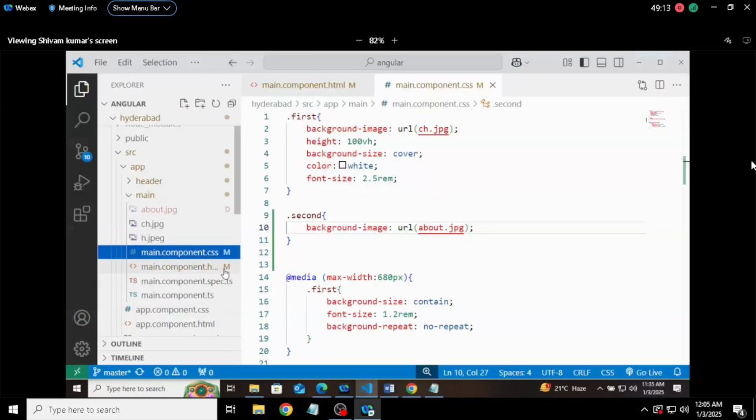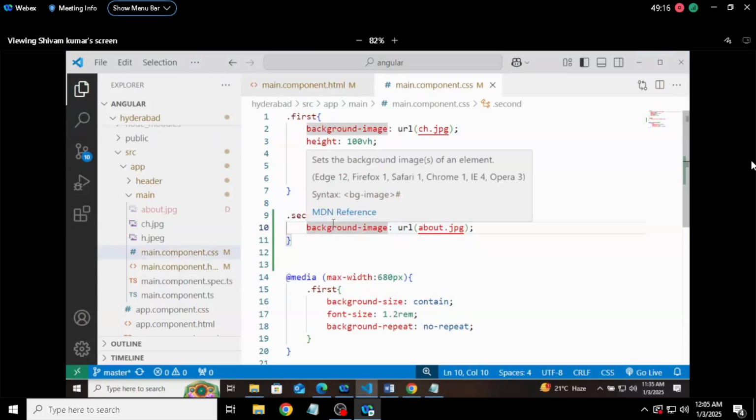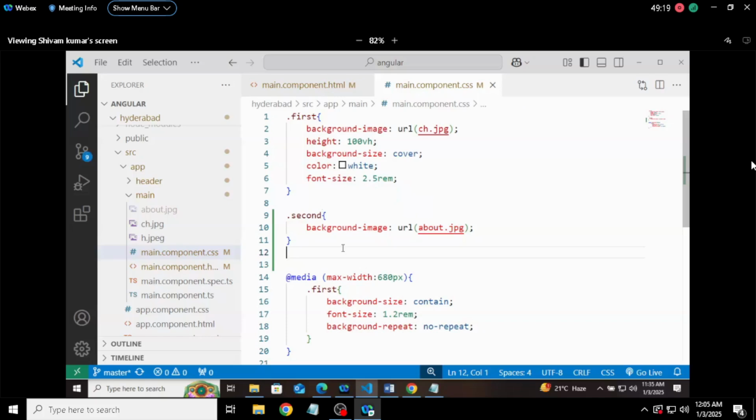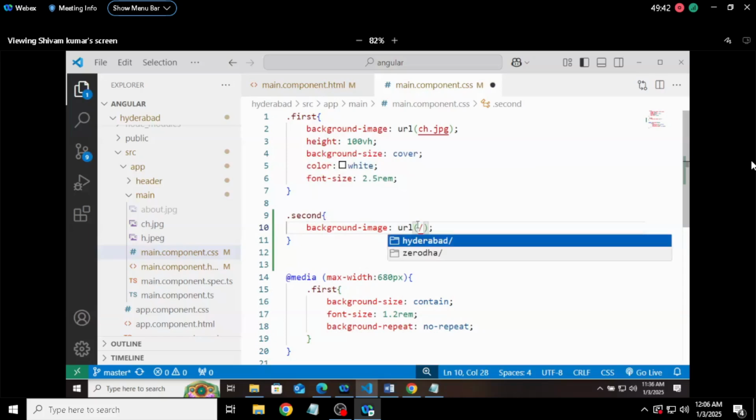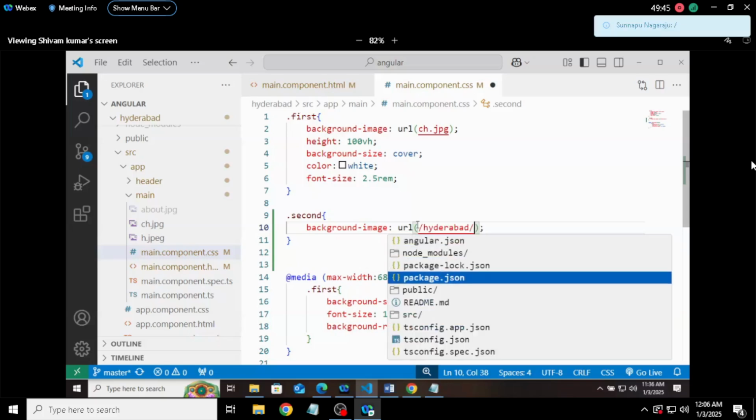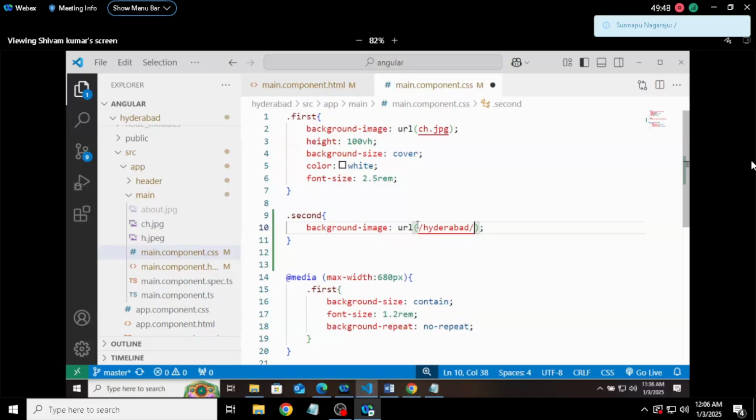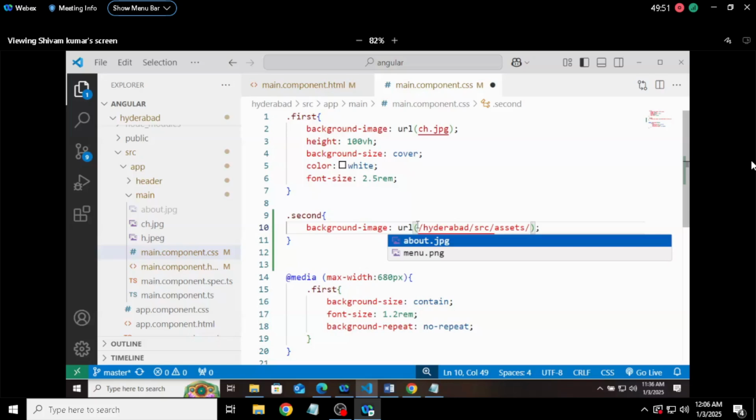Now again we are running into an issue. That's why I was focusing more on this part, that you should at least learn how to use images in Angular, because this is a complete PhD here. It's not as easy as writing an image tag and src. It's a tough part. Now let's try to write the URL in this way. What is the base href? Base href is hyphen, then Hyderabad folder, then src folder, assets folder, and about.jpg. If you're writing in this way,